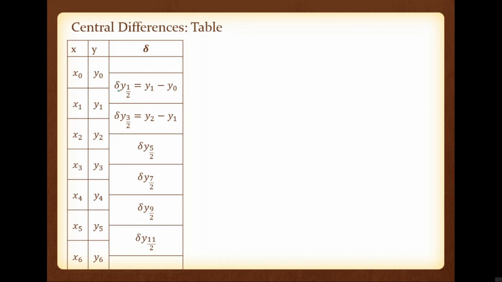First one is theta y 0.5. Second one is theta y 1.5. Theta y 2.5. Theta y 3.5. Theta y 4.5. Theta y 5.5. So this is theta. Okay, so I am stopping here. So in next class, we have to complete this table.